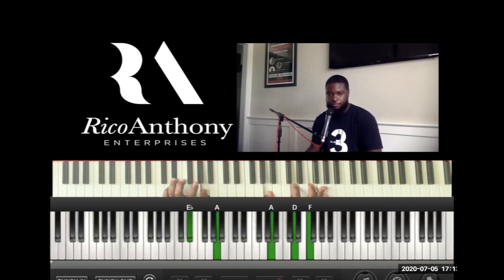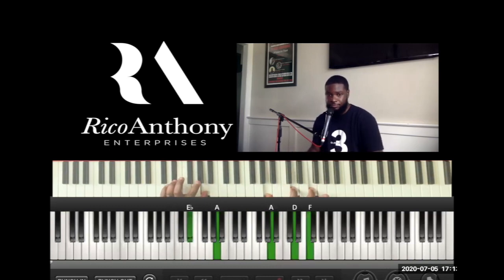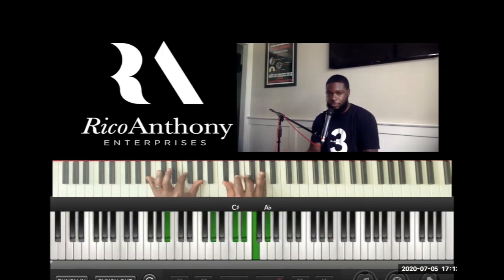Then the walk up, I have an F tritone in my left, which is E flat and A. Right hand, I have a D minor chord, which is A, D, and F. And I'm just going to walk that straight up, half steps, until I get to the C, F, and A flat. So together it's